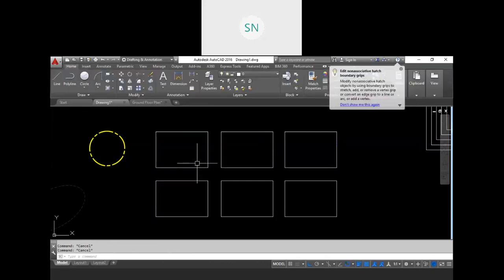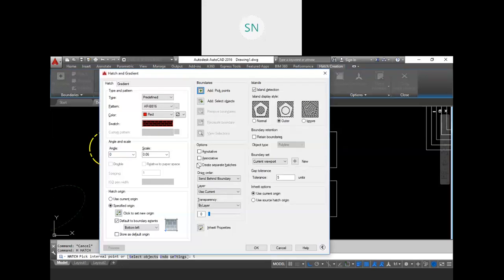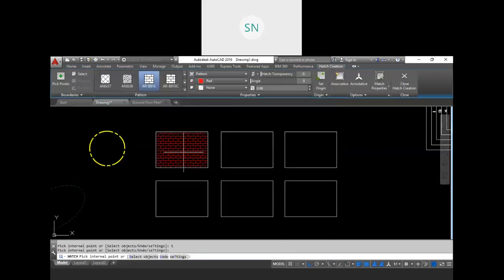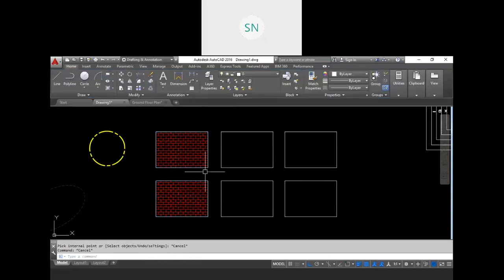So this is the difference between select object option and pick point option. Right now let me discuss the options that we have in the hatch. So hatch setting, and first of all focus on this create separate hatches. It is turned off. Add pick points, and I'm adding over here and here. So I add in these two rectangles at a time, then press escape to finish this command.